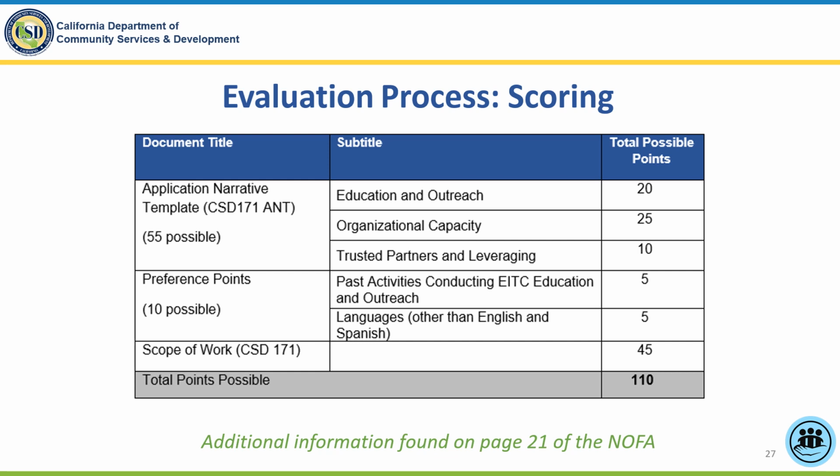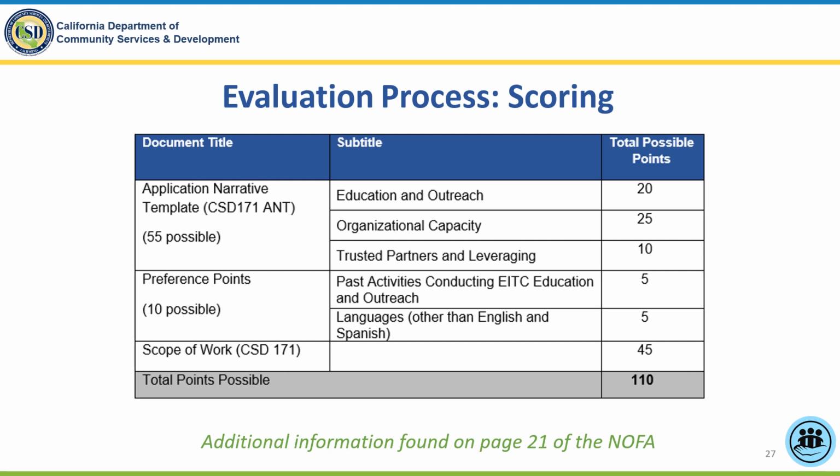Applicants must receive a final score of at least 70 points, not including the preference points, to be placed into the rank order to be considered for funding. The evaluation team will use a consensus scoring methodology where one score is awarded per the team's collective assessment. Applications will be scored against the desired qualifications as listed in Section C3 of the NOFA.